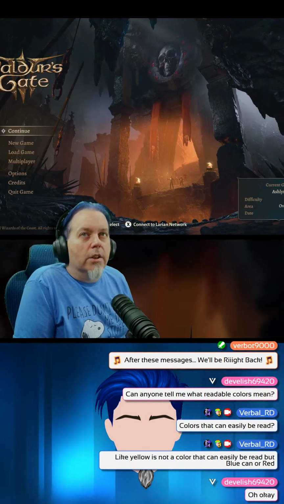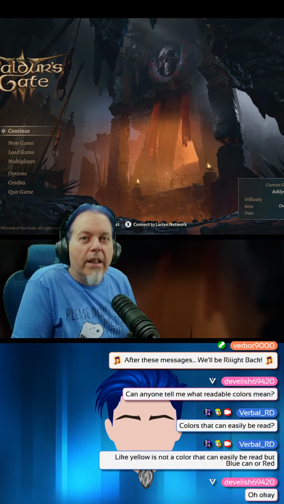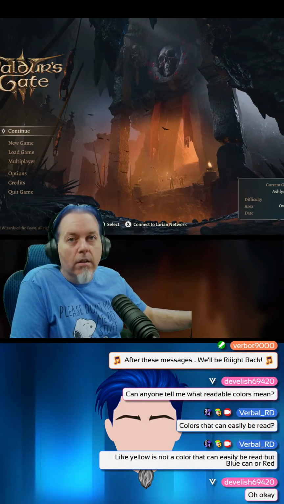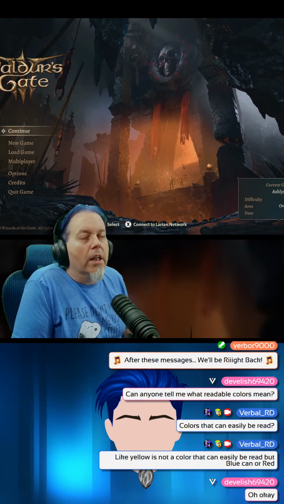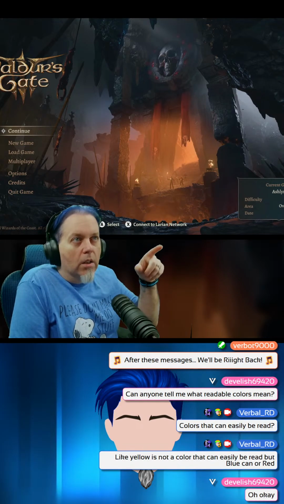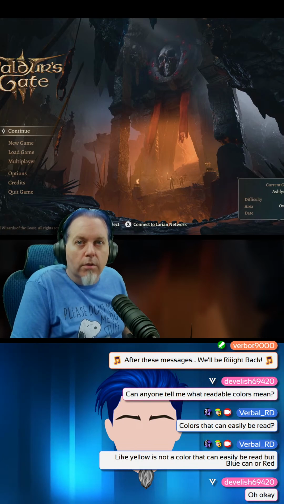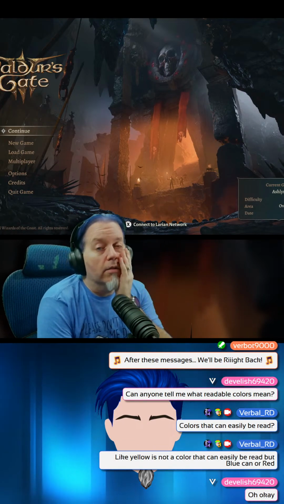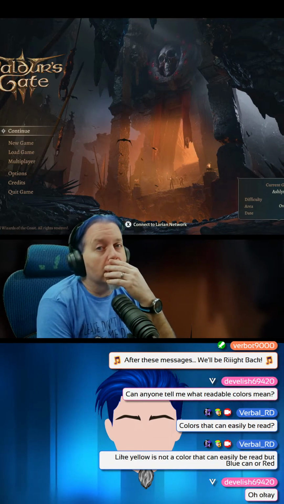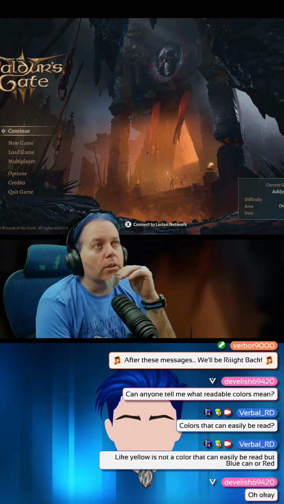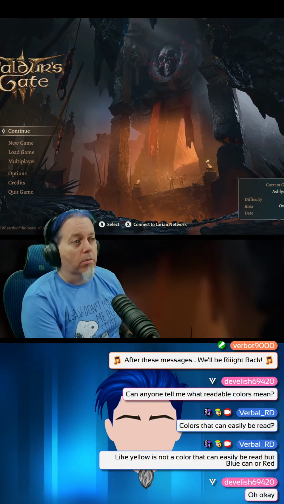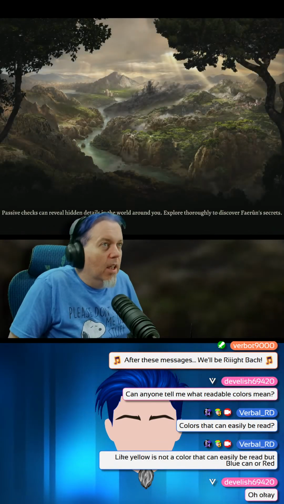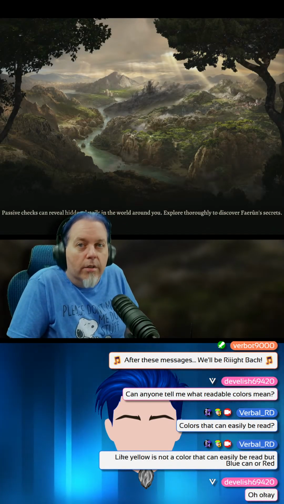Yeah, like that, Devilish. You can't read yellow very easily. But something like a red, blue, or even white, if it's got a colored border around it, is easier to read. White text alone is not easy to read sometimes, depending on your background. Why do you need to know about readable colors? I'm just asking. You can tell me to shove off if you don't want to tell me. It's fine. I don't need to know. I'm just kind of curious.